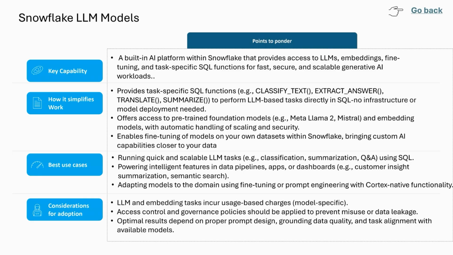Again, with these LLM functions, from my experience, a lot of customers are extensively leveraging that. In the absence of this Cortex AI functionality, for example translation or summarization, we used to write custom code to do this. Now everything is coming out as out of the box functionality, and customers are happy to leverage this, and this simplifies a lot of complex work for them, and they can spend the effort and time saved on more critical tasks. So this is a great feature, I would say.